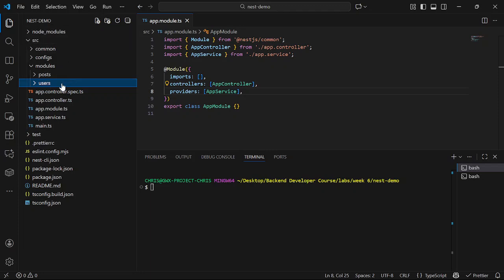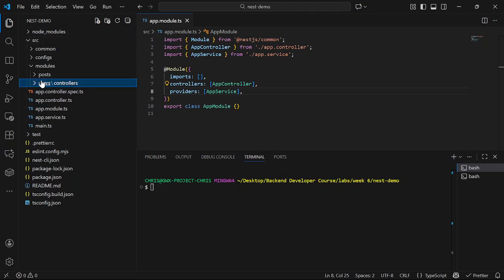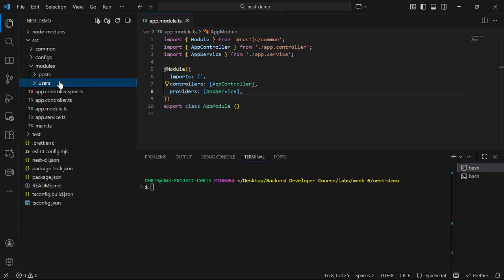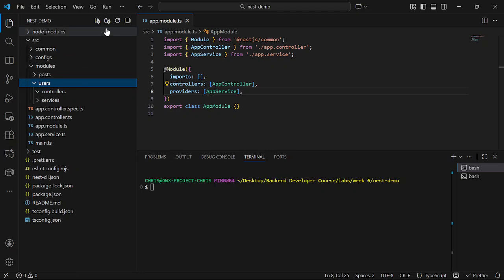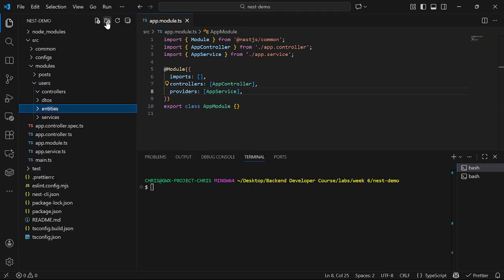So basically I've created the user module, so I want to create, just like we did in our Express projects, controller and services. I'm just creating folders for them: services, DTOs, entities.